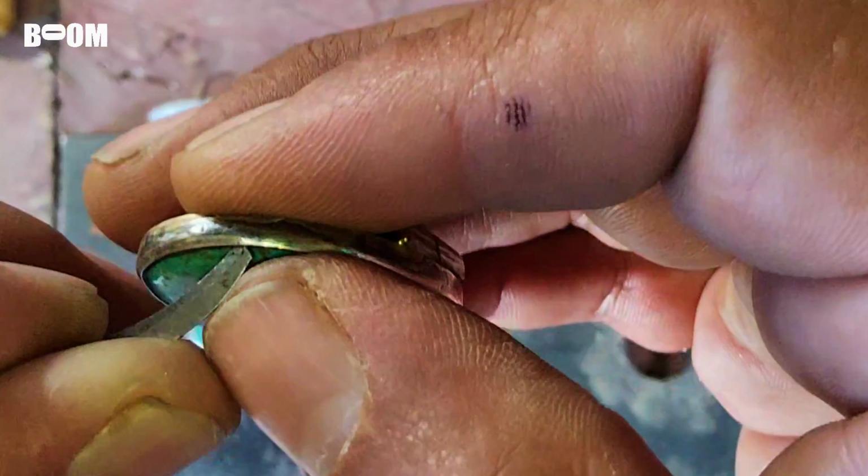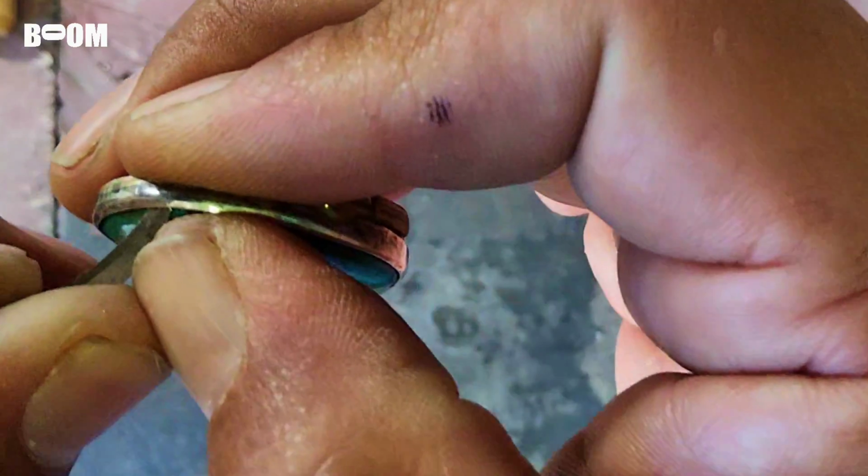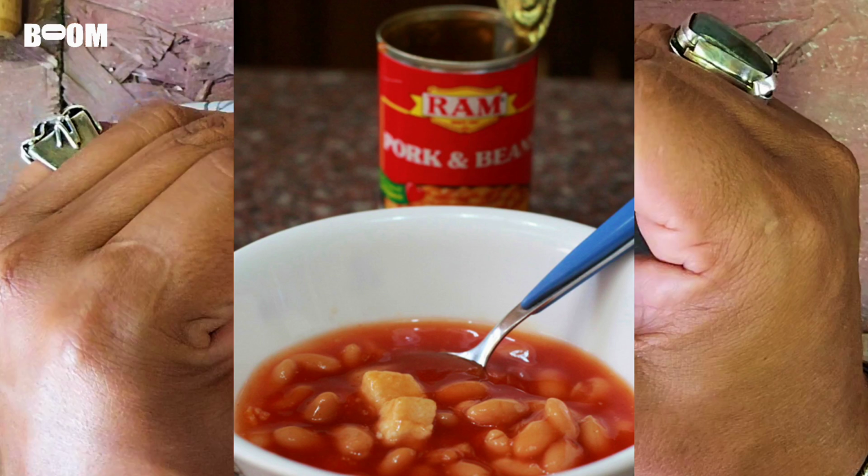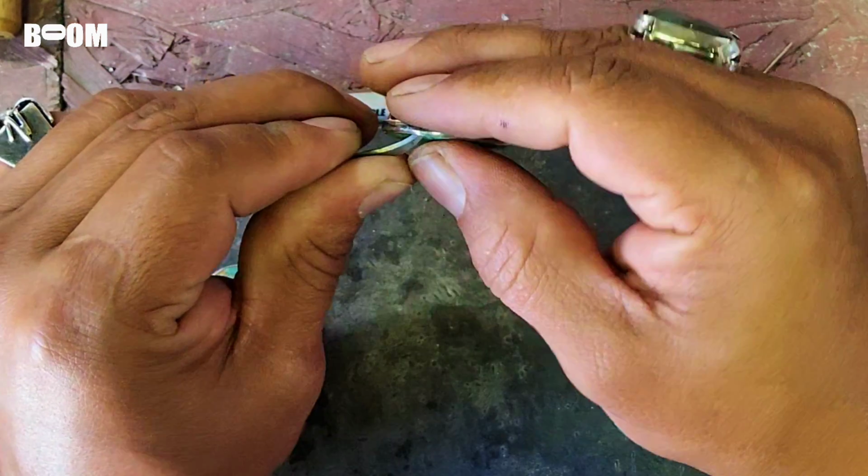Pork and beans. You ever like pork and beans out there, friends? Oh, when I was a kid, I loved the pork and beans. Oh, those little white mystery cubes that were in the pork and beans. I don't know what they were, but